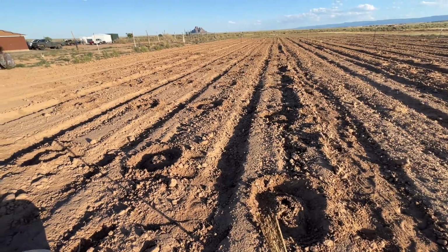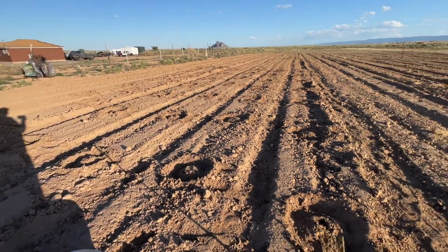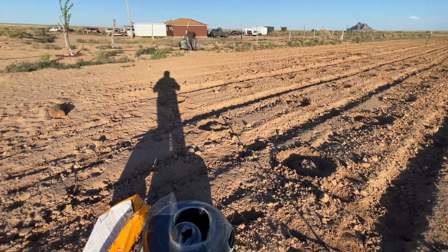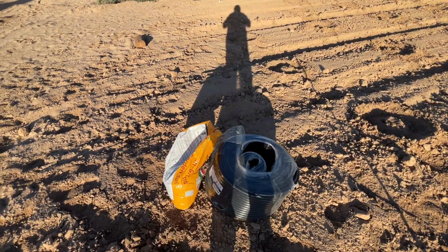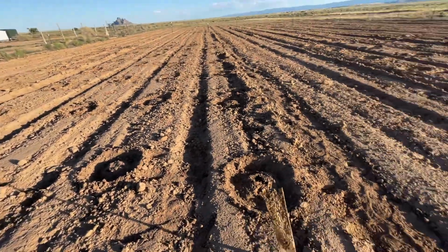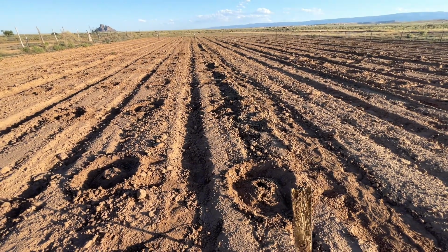So I'm gonna set up the drip system on this side. Now on this section, I just got done planting today, and it took me pretty much all day just to get in these seeds and buried. And this is my system set up. I need to get another water tank, and I need to find out where I need to get one. But in the meantime, I have